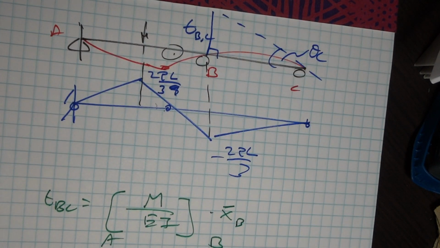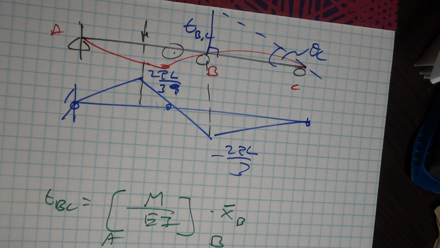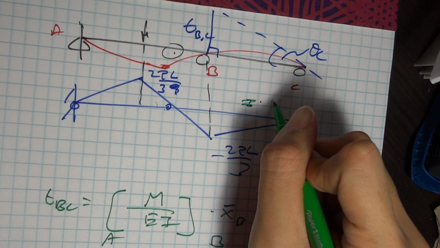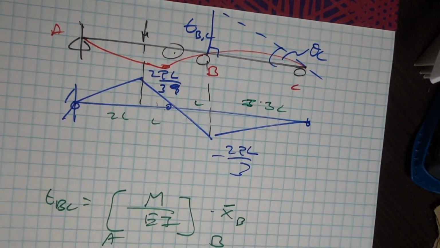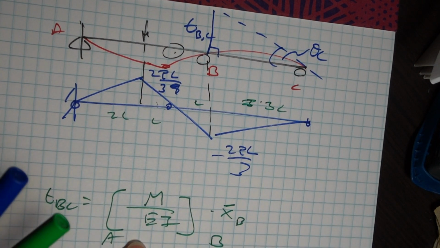Centroid to B. What is the area of this? This length here is 3L, L, 2L. Total length should be 7L. The area, this double bracket, the brackets here represent area,